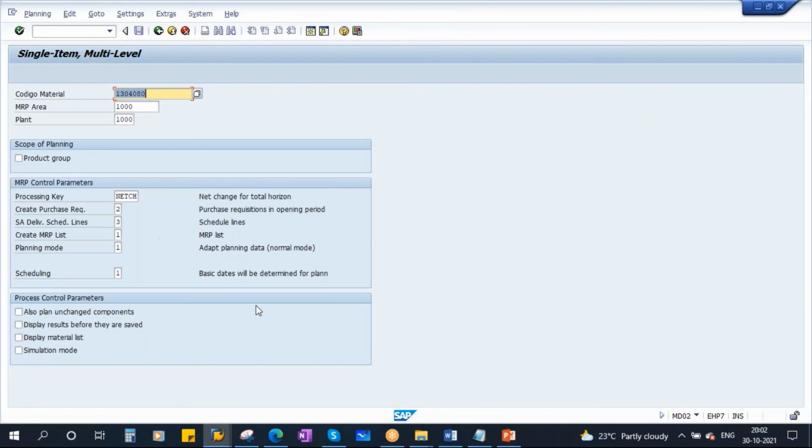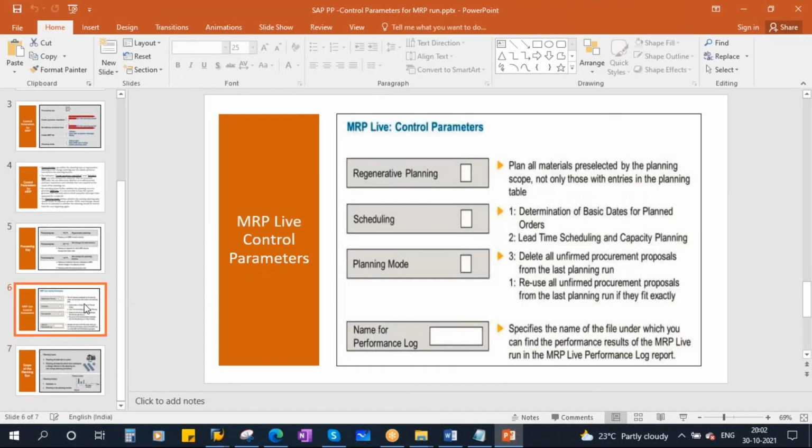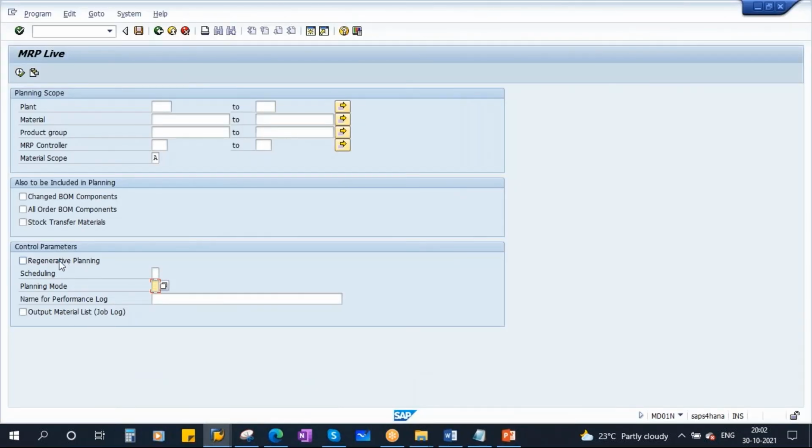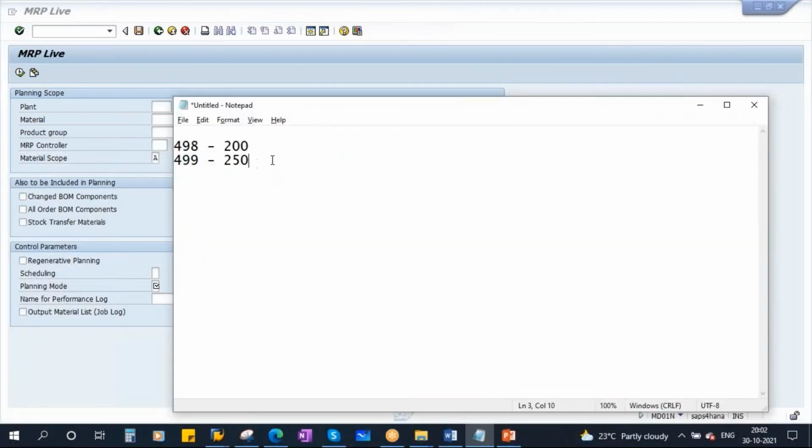Okay, so these are the MRP process control parameters and MRP control parameters. We discussed all of these, and there are some changes, which we already discussed in MD01. Major changes: in ECC you have three, NEUPL, NETCH, and NETPL.